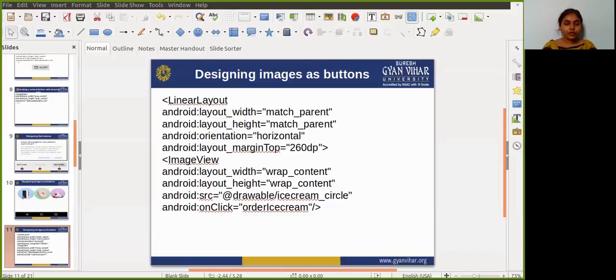For Froyo you again add attributes in the image view element: layout width, layout height, src, and onClick. Whenever you click on the Froyo, your order will be placed. So these three images are written in the linear layout.